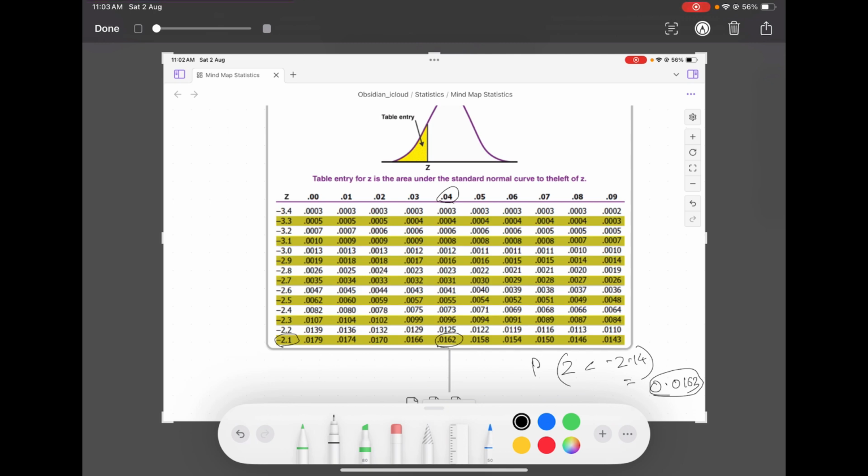And if you move like this, for example, the probability of Z less than 2, then also you can calculate, and that will be comparatively high. You need to calculate all these probabilities. And the probability of Z less than 3 will be here, and the probability will be very high. So this is how you use the Z value and the probabilities for calculations in